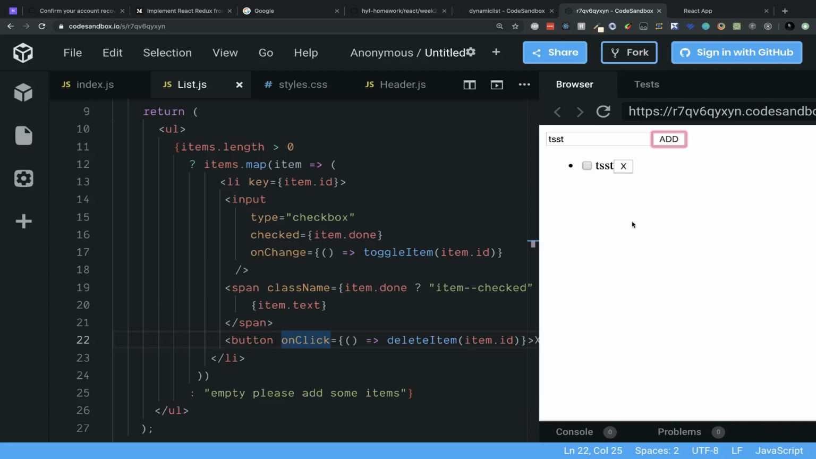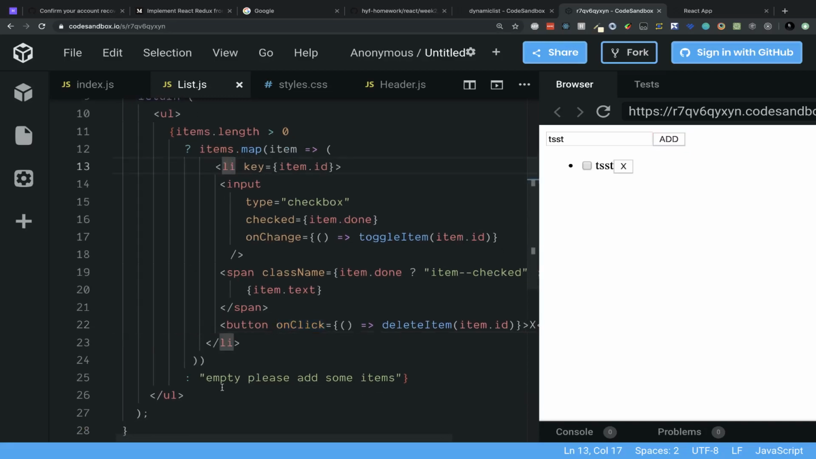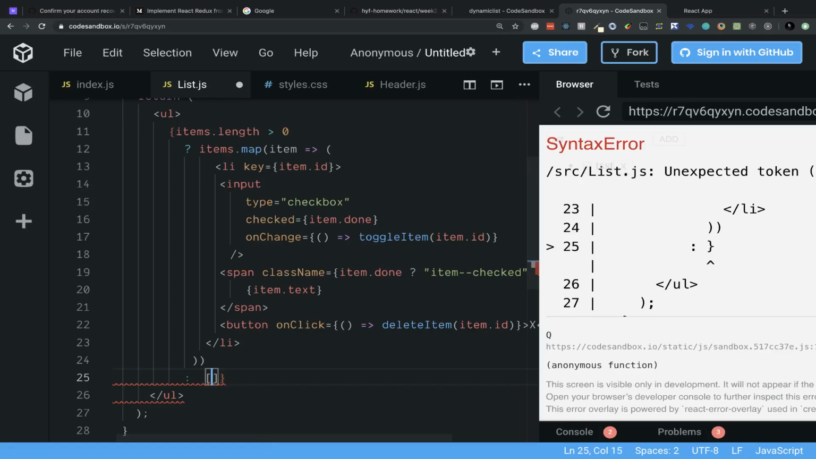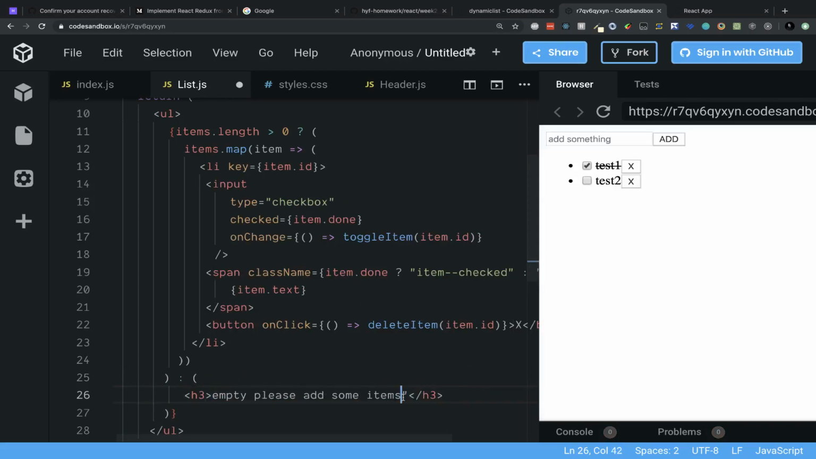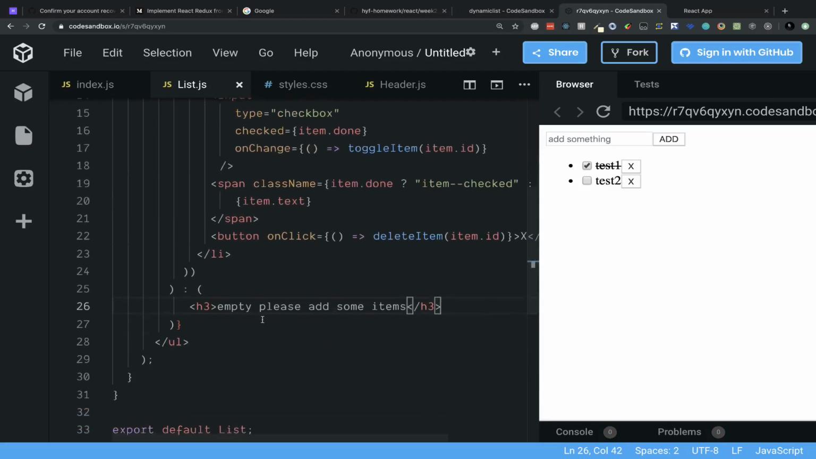Sorry, can I ask? Yeah, go ahead. You just put in the quotes, empty, please add some items. Don't you have to put some tag? I will definitely say it's better to put a tag. We don't need one because it will be rendered as a string, but definitely putting an H4 or an H3 is better. You can just write it here in the quotes because React accepts strings, the DOM can accept a string, so you can return a string. If you do this,